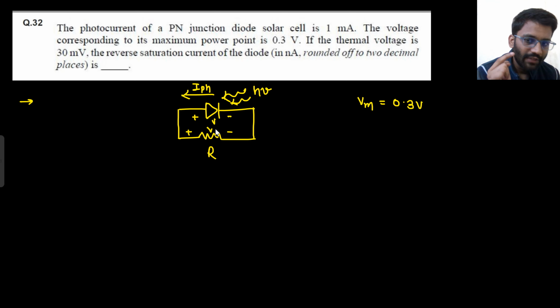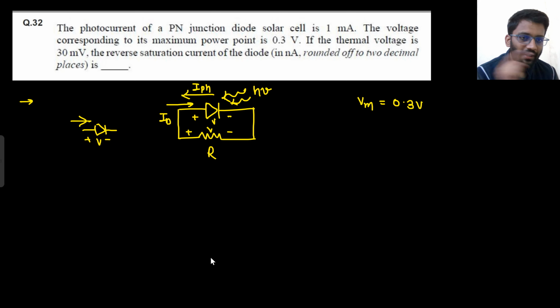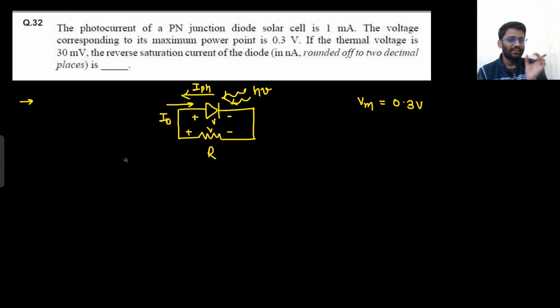The same voltage V will be going towards the diode as well. Because of this voltage, there will be a diode current, because there is a diode and we have developed some voltage across it from P to N. So there will be a P to N diode current. So this is what is happening. There is a solar cell and a load resistance R. Light is coming, so photocurrent is flowing. Now on the resistance R there is a voltage V developed. The same voltage V is across the diode, and because of this voltage the diode is driving some current,